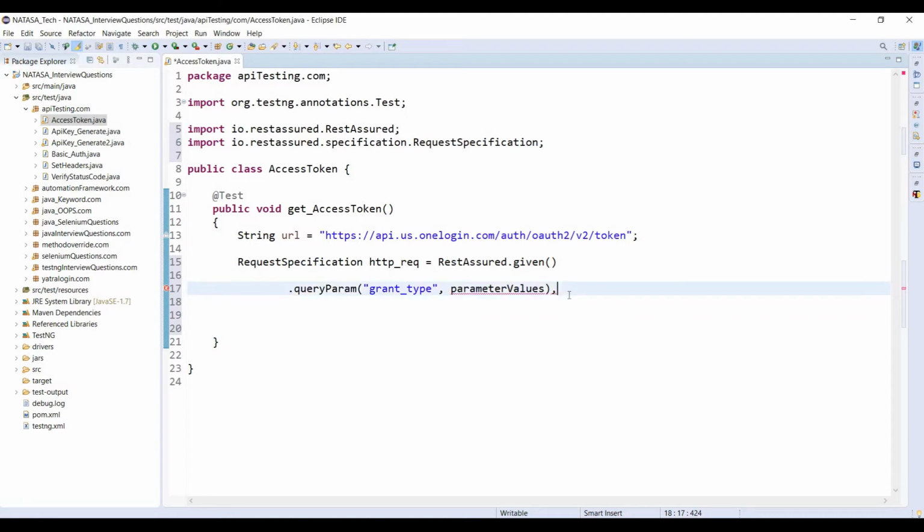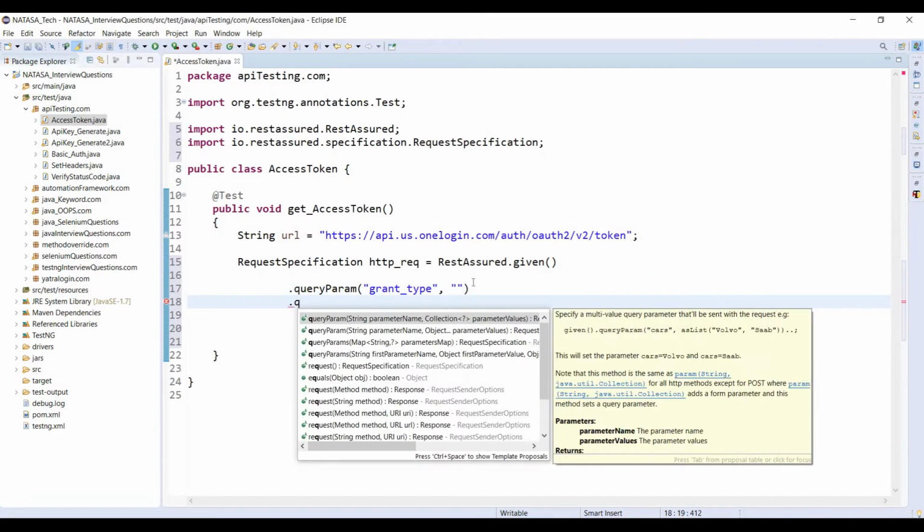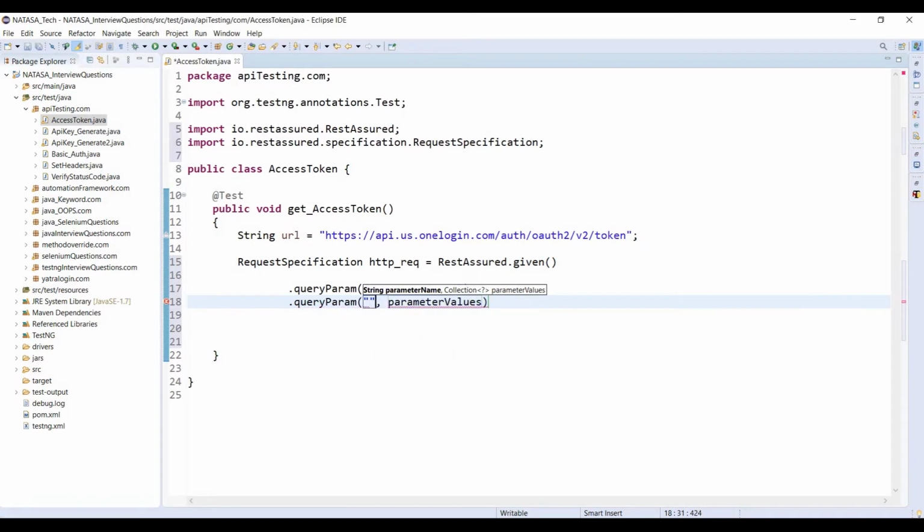Sorry, I just removed that one. Query param. The next key is client ID, client underscore ID.